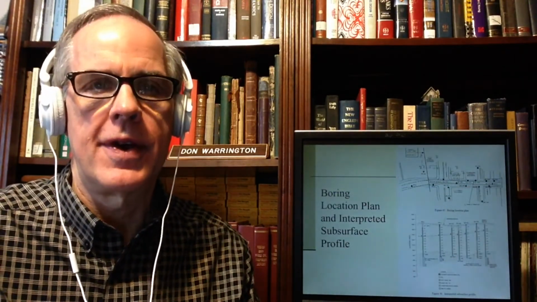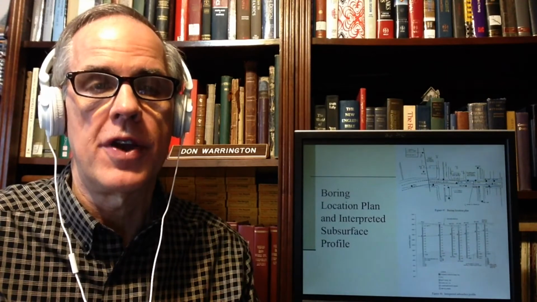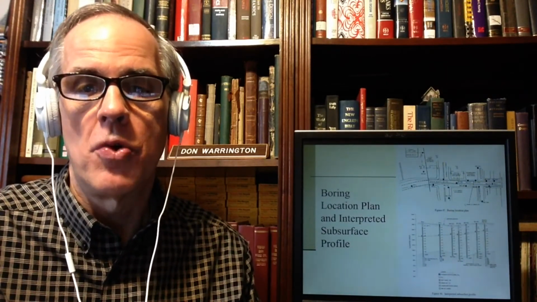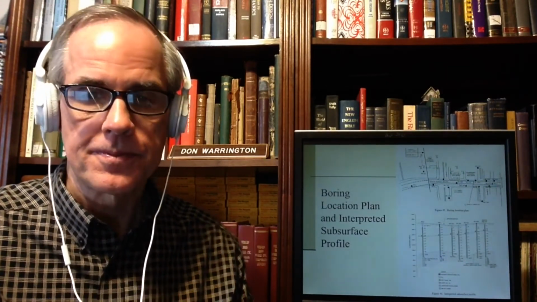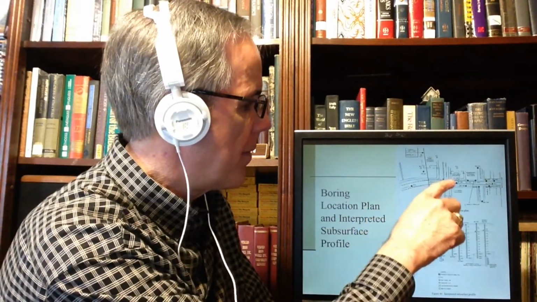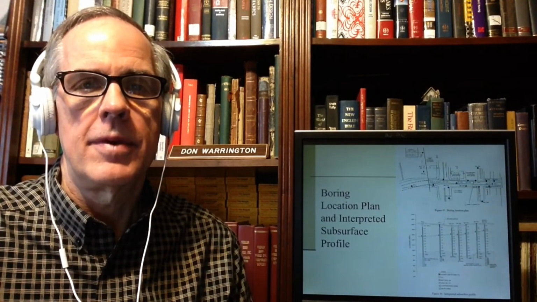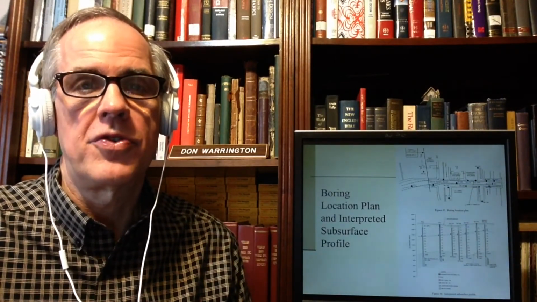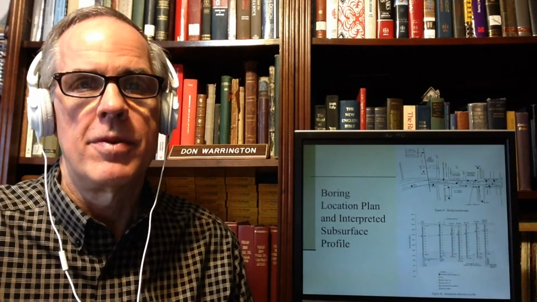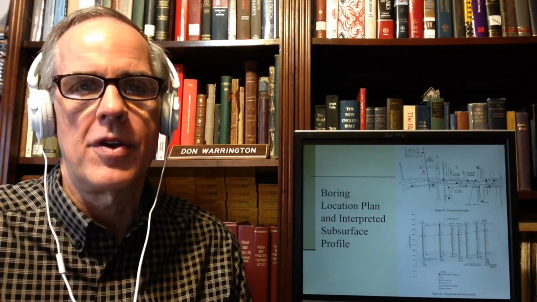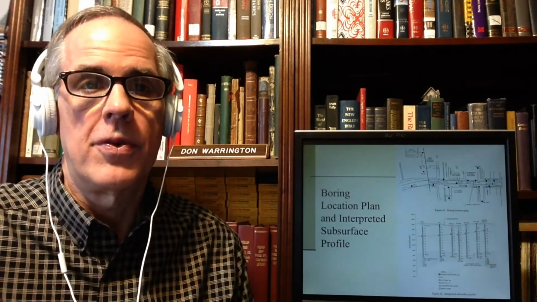Two things which are nice to have for visualization purposes. One of them is the boring location plan. The boring location plan shows you they number the boring holes, and then they tell you where they are. For purposes of using the data, these are almost indispensable, particularly for complex projects. And you will see them on virtually all plans, particularly in transportation projects. That's almost de rigueur for